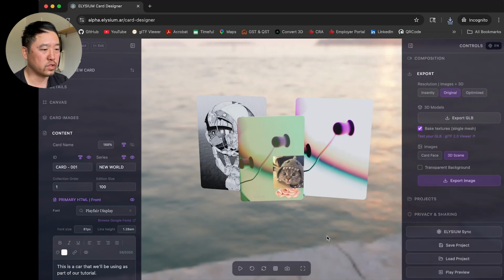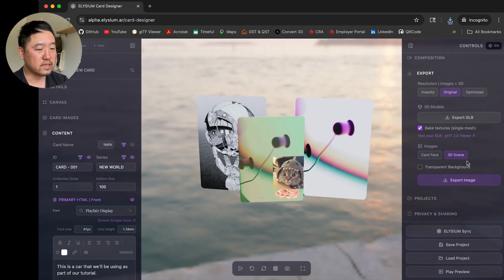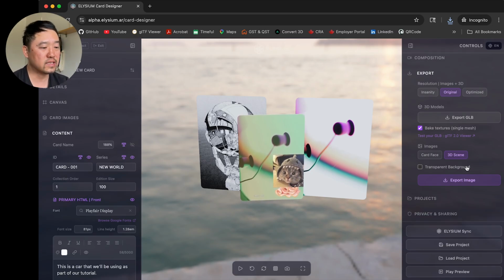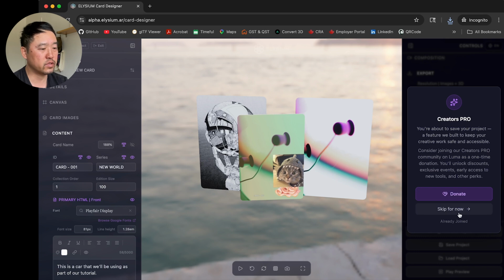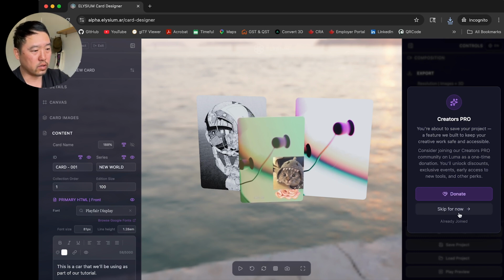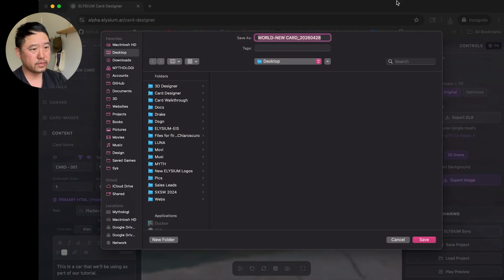It's an option for you to use on the line, for example, as well. Okay, so now we've actually done all this work. We've exported some of the things that we can extract from the card, but we actually haven't saved the card itself. So what we need to do is go down here and click on Save Project. It's going to ask you to sign up to our Luma, which is another event community. So we can skip that for now.